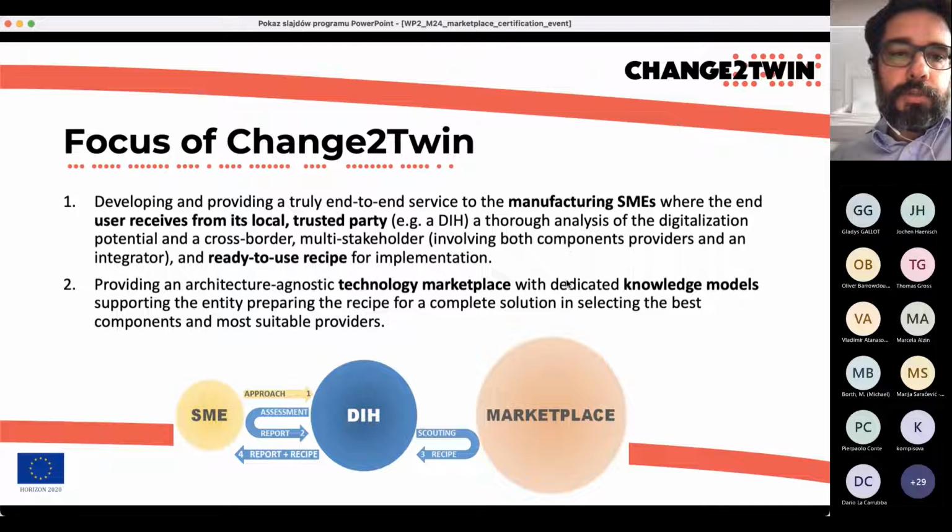Okay, so in Change2Twin, we are trying to provide a technology for the marketplace, which is accompanied by dedicated knowledge models. These knowledge models are used to present different items and offerings in a way that can be further used and processed by less or more advanced tools that can help in providing a recipe. So we think that the first step is that the SME approaches a DIH, and then in return